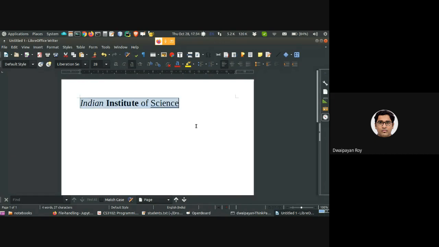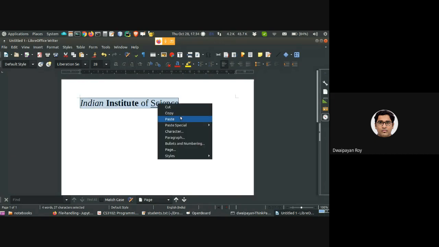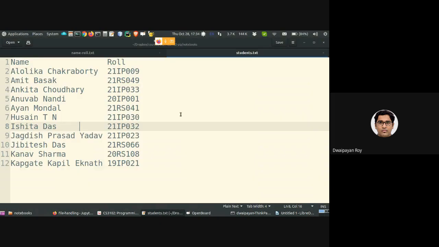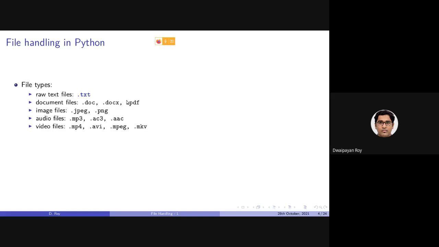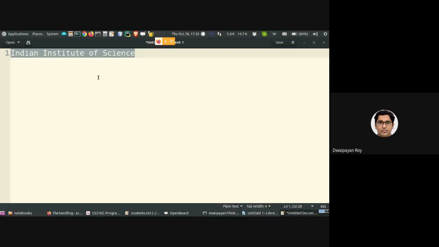Now, if I copy the content into a text file and paste it here, you can see only the textual information is being copied. By raw text data, I mean this.